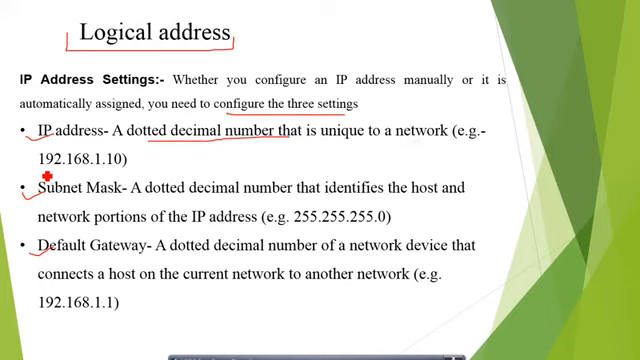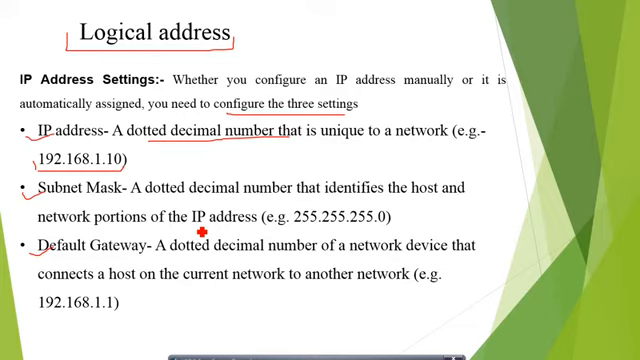First is the IP address itself, second is the subnet mask, third is the default gateway. Okay, so IP address, as we have just seen, this is a dotted decimal number, and that is unique to a network. So this is basically a classful address. This belongs to class C address